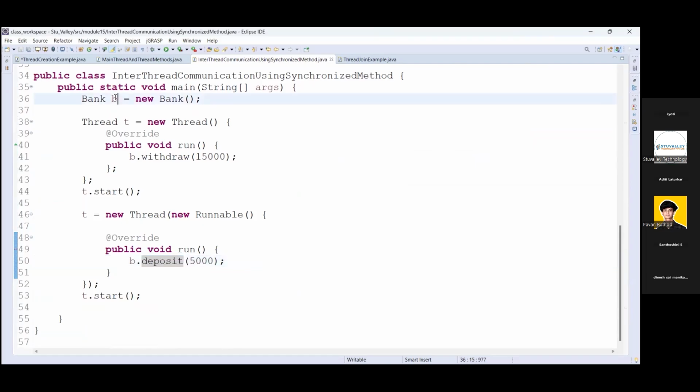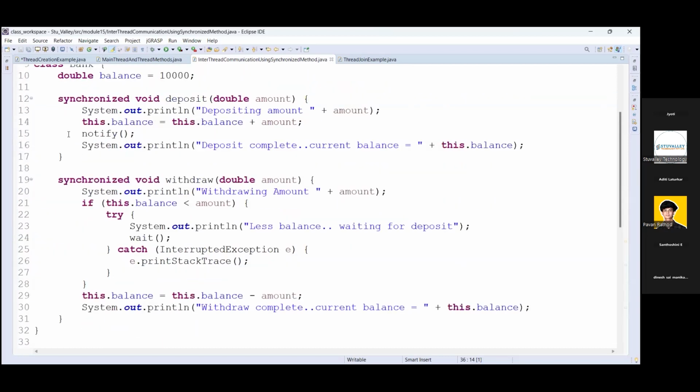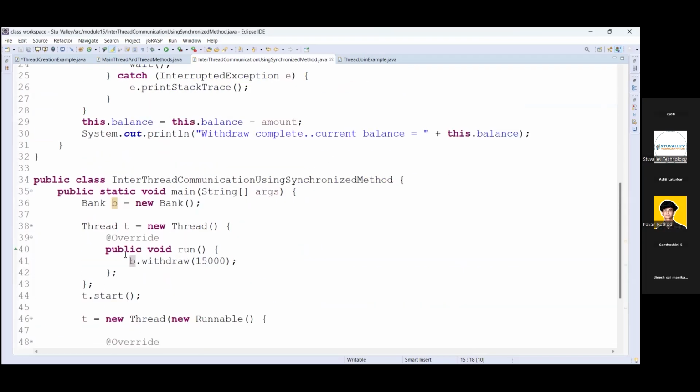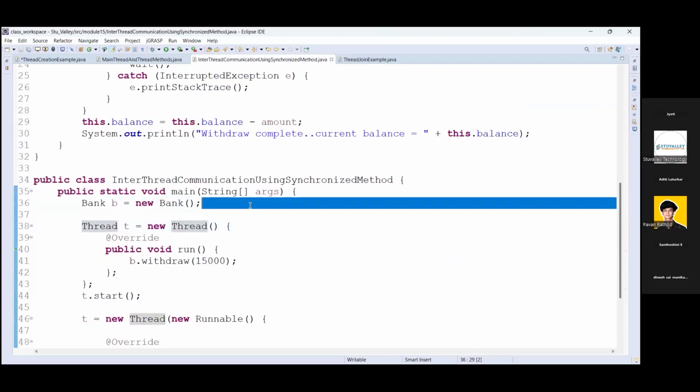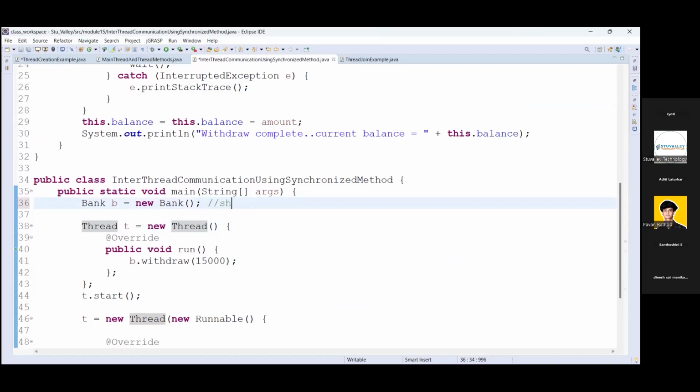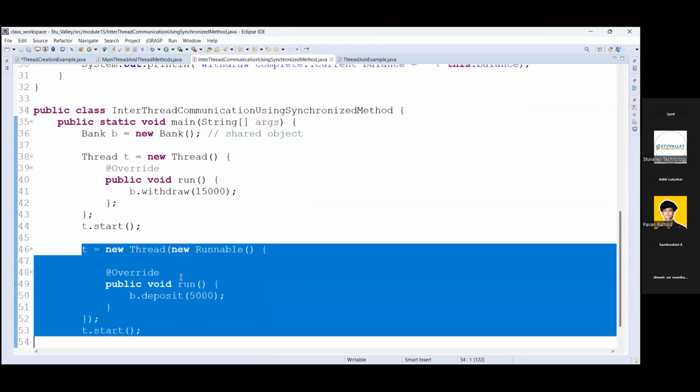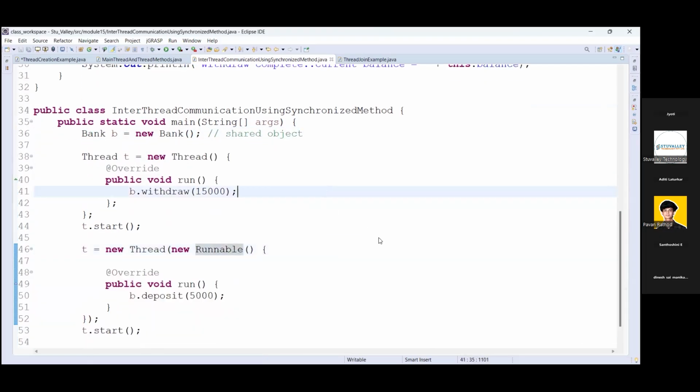That means this object, which I am using as a shared resource, is going to be released. I am notifying all the threads which are in waiting state. So this is a shared object which this thread and this thread are using. Okay, we'll execute.